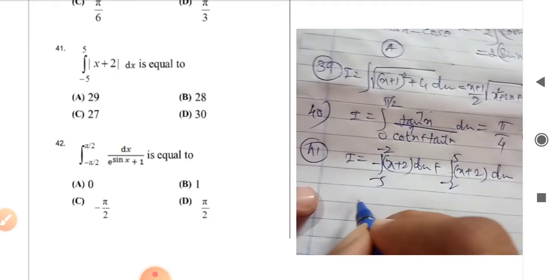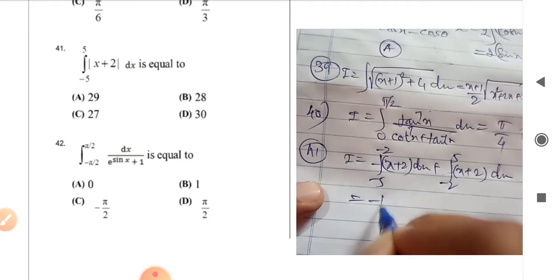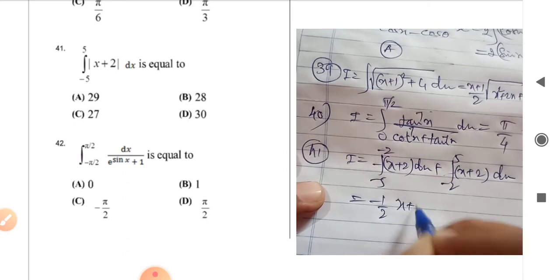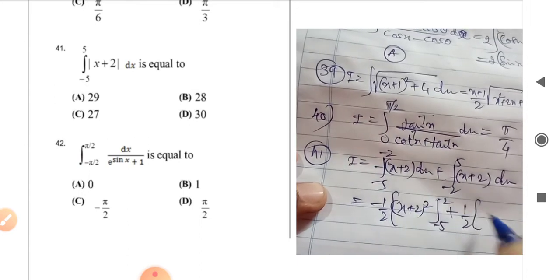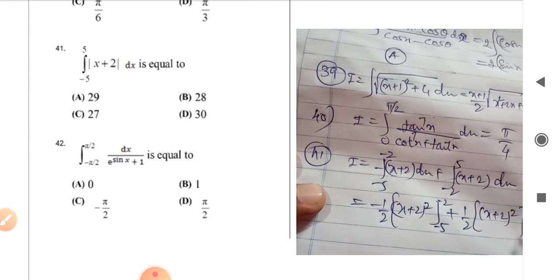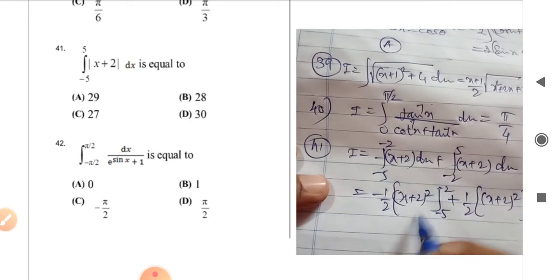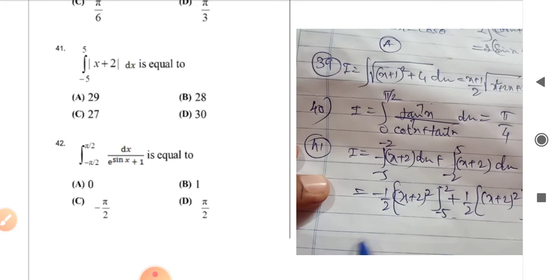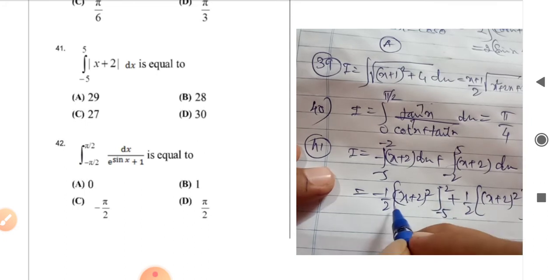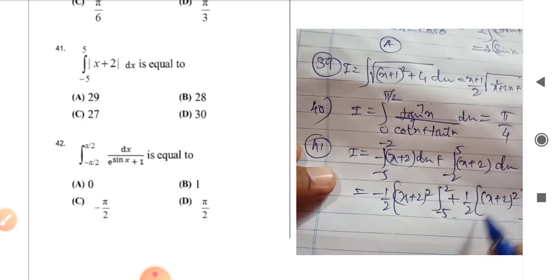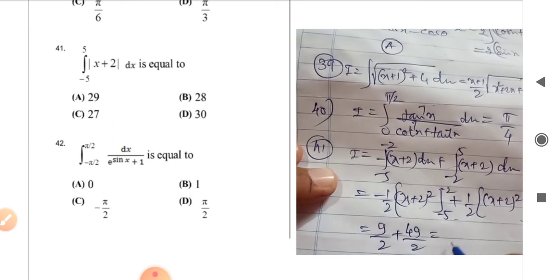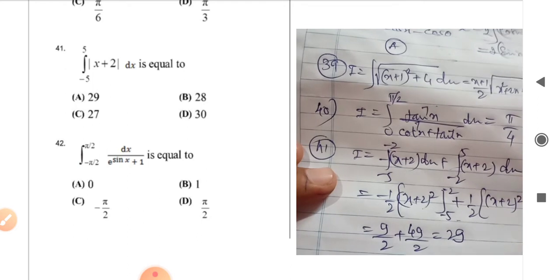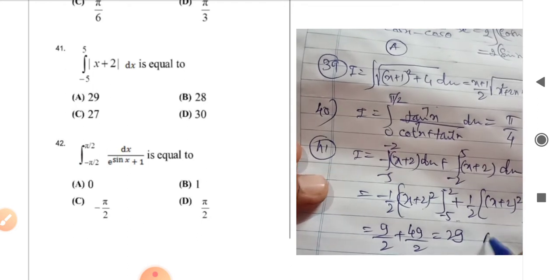And now if I just go through this one expansion, finally you get it as minus 1 by 2, that is x plus 2 whole square, this is minus 5 to minus 2, and plus 1 by 2 x plus 2 whole square, minus 2 to 5. Simply you put minus 2, it will be 0. Minus 5 plus 2 is minus 3. 3 square is 9. So it is minus 9 by 2. So therefore it is plus 9 by 2. Hence here it is again 5. If I put 7, 7 square is 49 by 2. It is 0. So therefore lastly you get 9 by 2 plus 49 by 2. You get 58 by 2. So it is 29. So the answer for this question is 29. That is A option correct here.